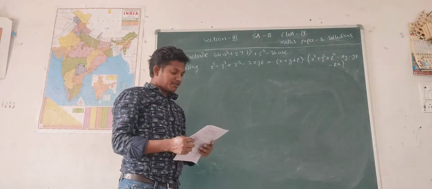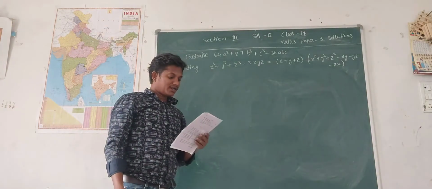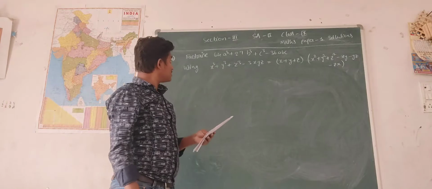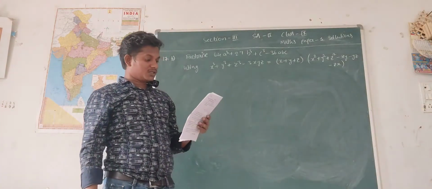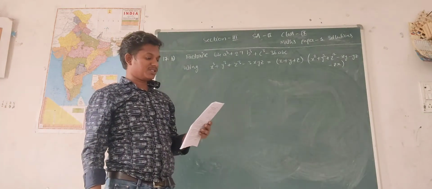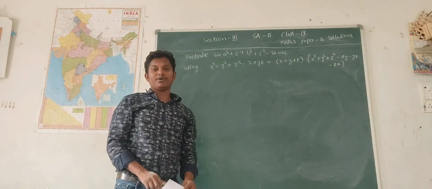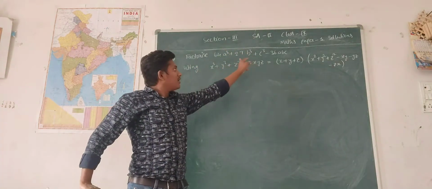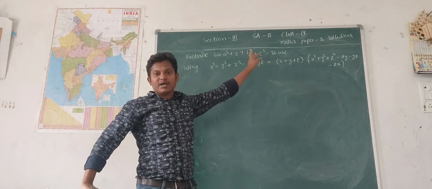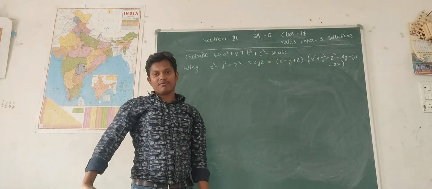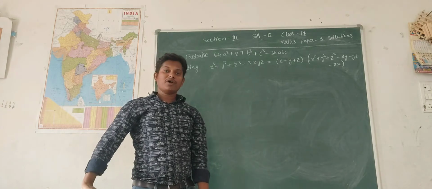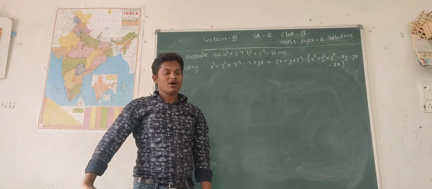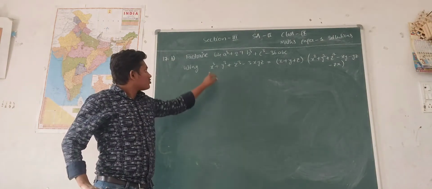The next one, 17th one, B: factorize 64a cube plus 27b cube plus c cube minus 36abc using algebraic identity. Okay, so we have to find factors of this one. Here we have been given this equation and we have to factorize it. It means we have to find factors using the algebraic identity. So over here